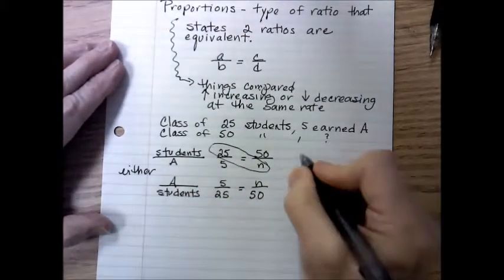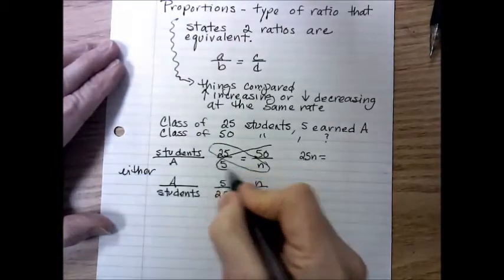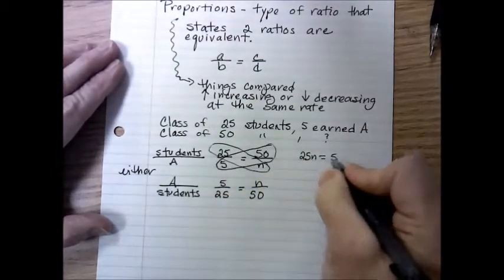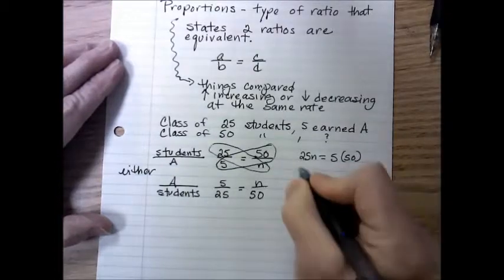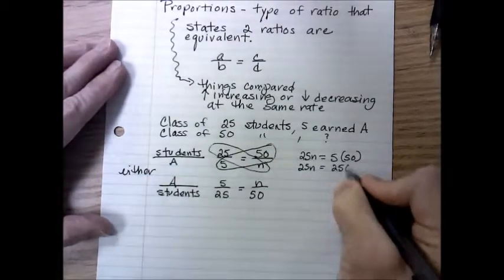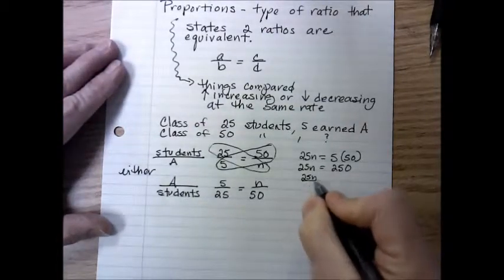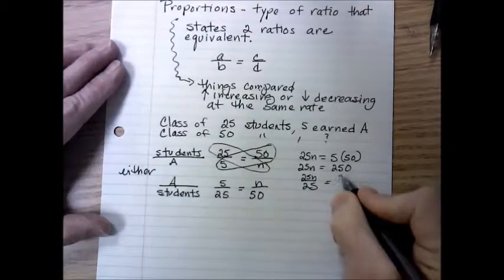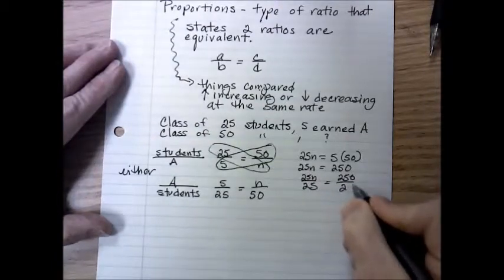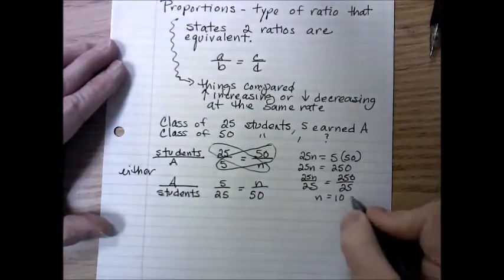So what we're going to have here is 25n equals 5 times 50, and that would be 25n equals 250. And to get n alone, we're going to divide both sides by 25. So 250 divided by 25. So n would be equal to 10 students